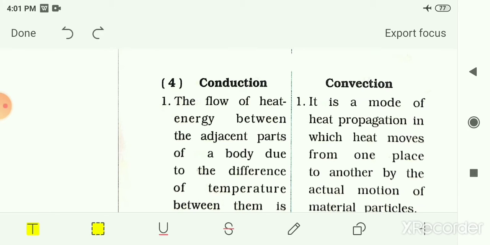Then we had seen different modes or ways for the transfer of heat. First we had seen how heat transfer takes place and between which two objects. The heat flows from a body at a higher temperature to a body at a lower temperature. That is why hot tea becomes cold, due to the flowing of heat from the tea to the atmosphere. That is why after some time you will find the hot tea becomes cold.